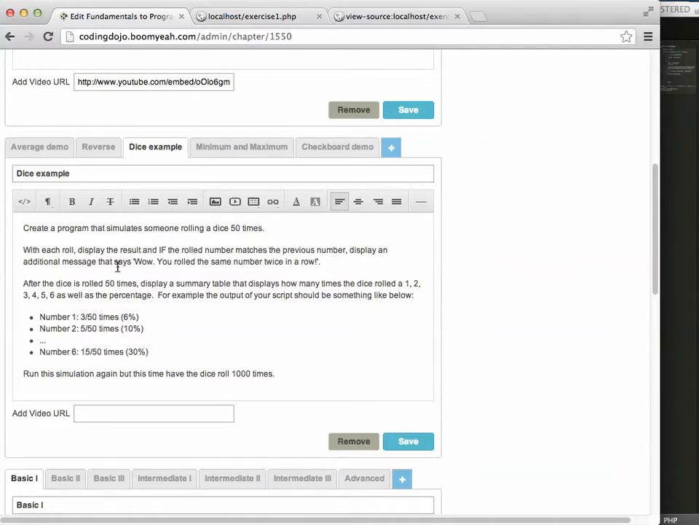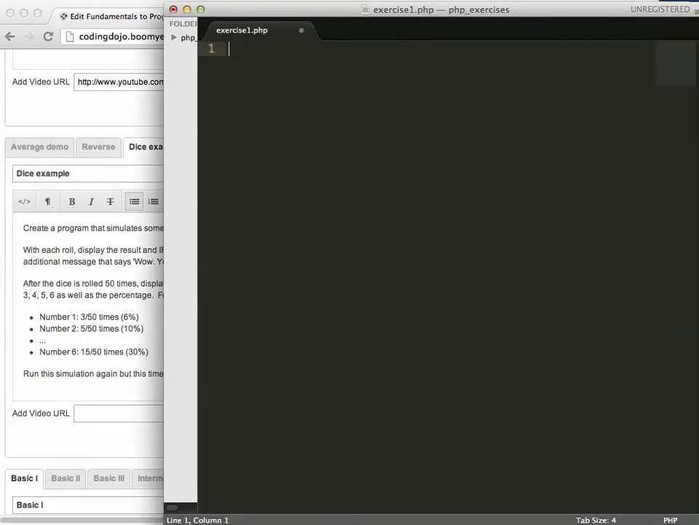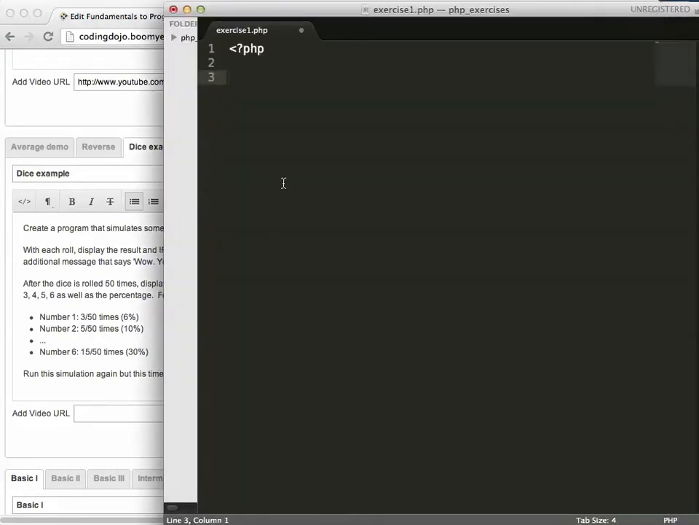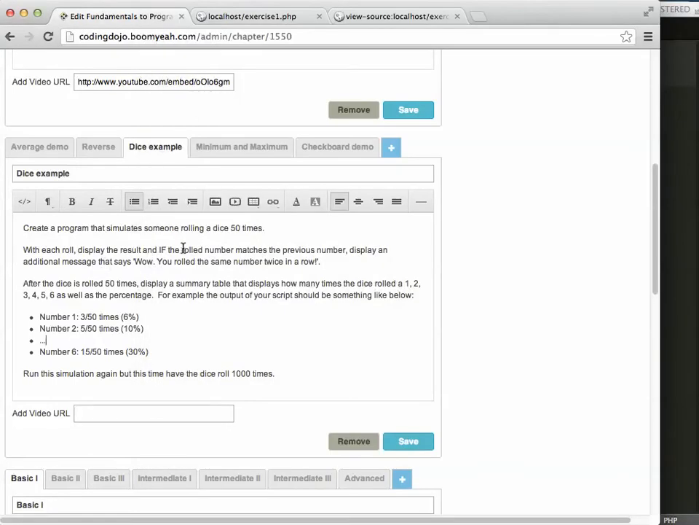Okay, so whenever you have a big project, just break it down into simple steps. So let me delete this. Now, instead of going through all this, let's just do a very simple example. Let's just do part of it. Let's just roll the dice and then display